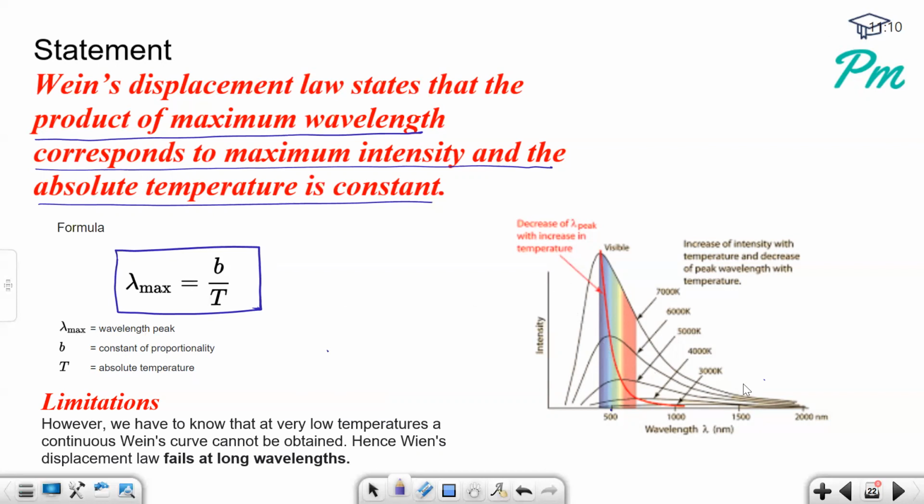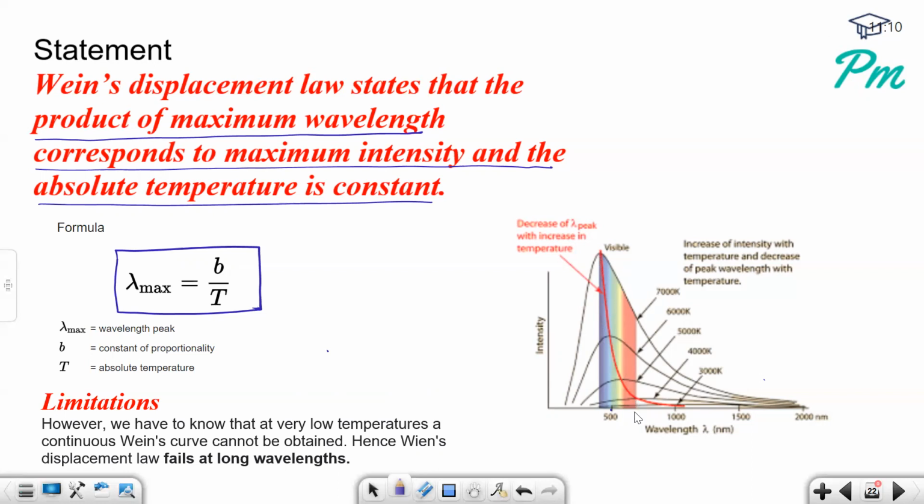You can see this is the curve of Wien's displacement law. In this curve, this temperature is 7,000 Kelvin. You can see here, this is 6,000, this is 5,000, this is 4,000, and this is 3,000. Now you can see at higher temperature, the wavelength peak, meaning the wavelength corresponding to peak intensity, that is also called the wavelength peak,